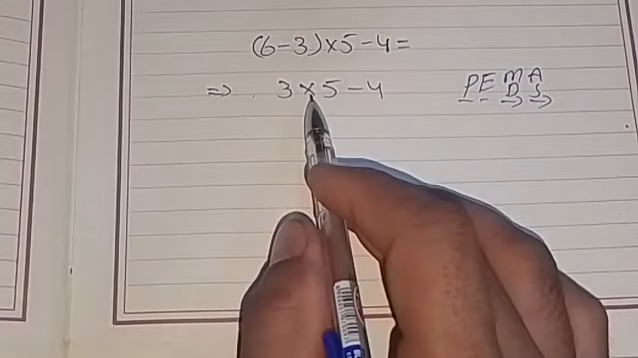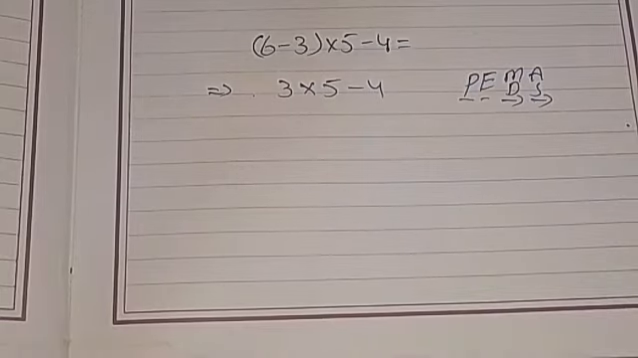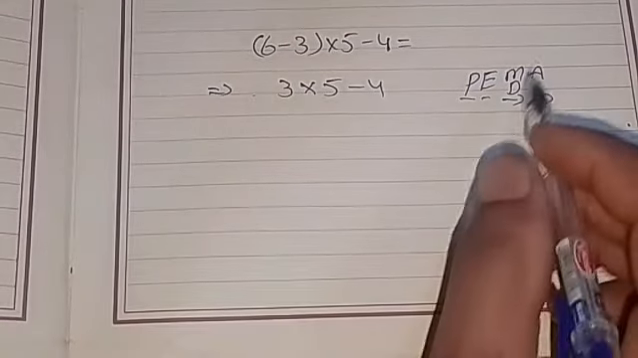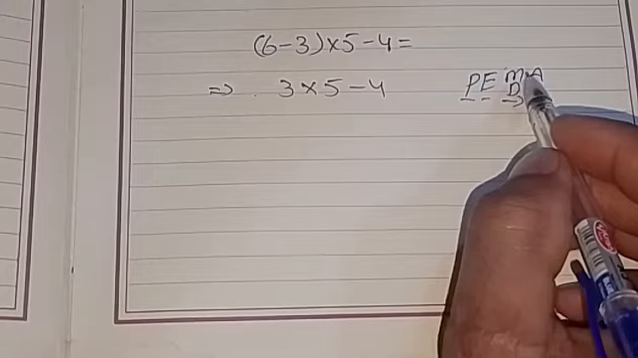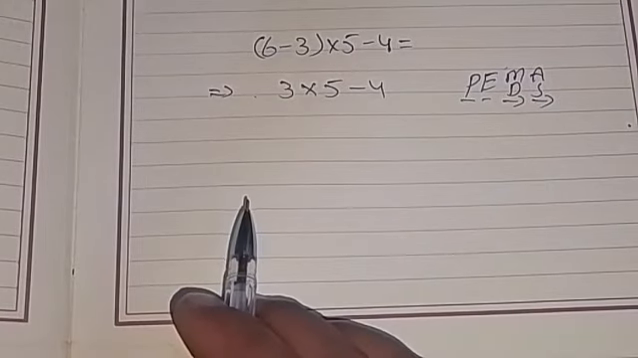Now we have one multiplication and one subtraction. So first, according to the rule, we solve multiplication, then subtraction. Now